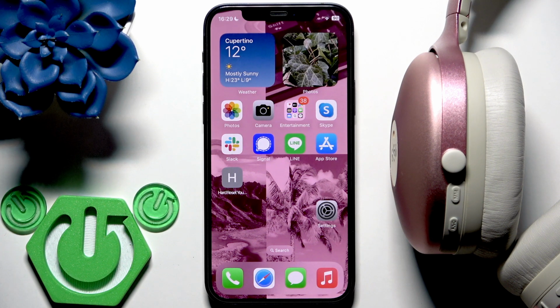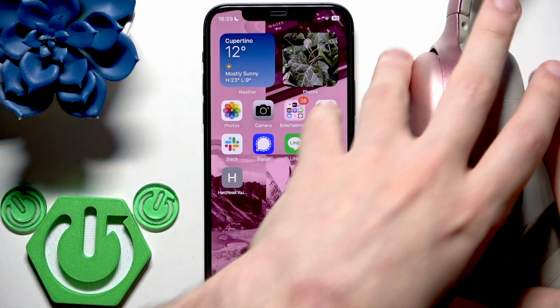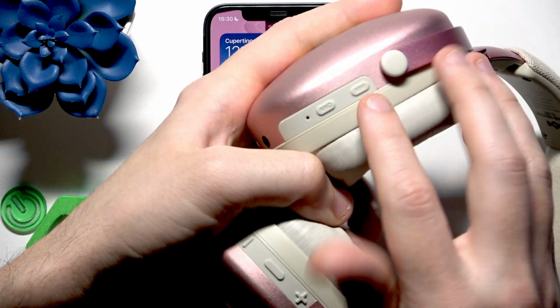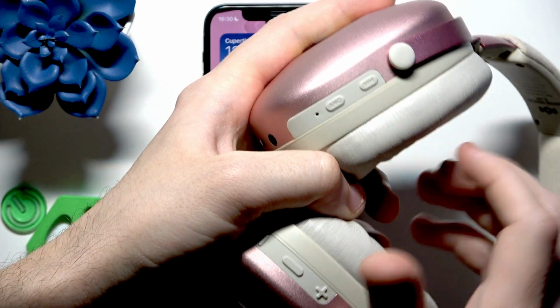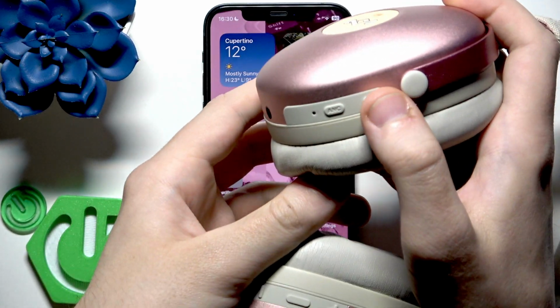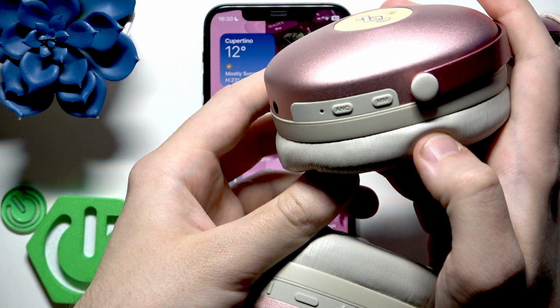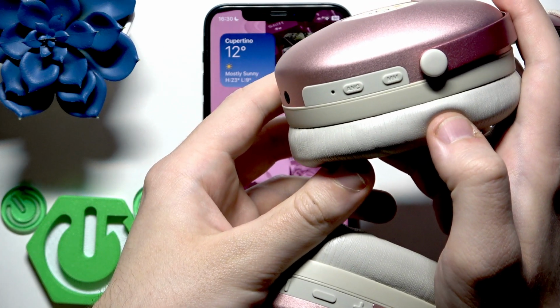So to enable or disable it, at the left ear cup we have a special button for it. It's called monitor mode, but it's actually transparency mode. To enable it, you need to press one time at this button and you will hear a voice prompt that ambient